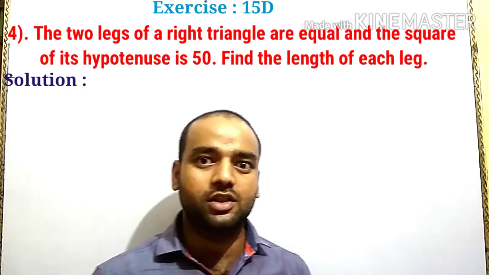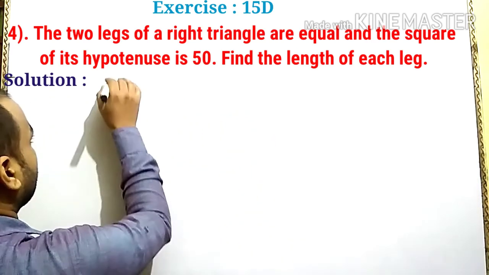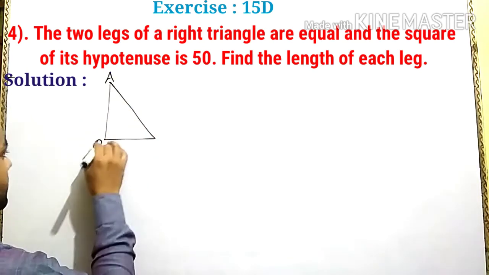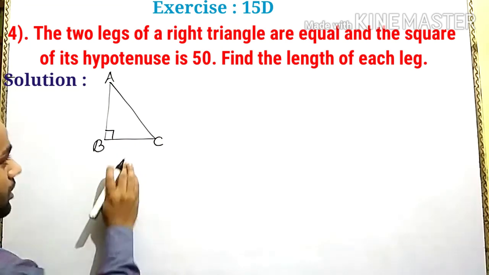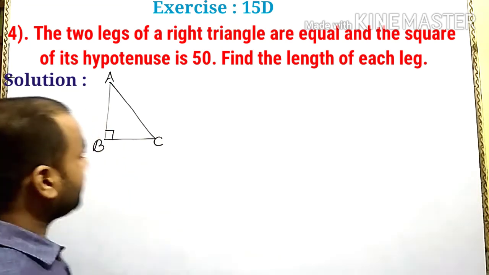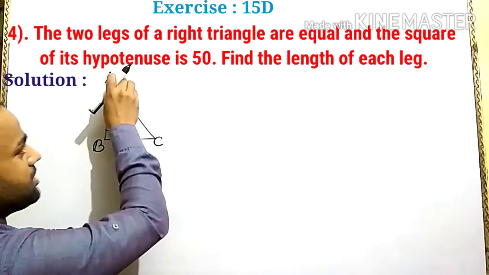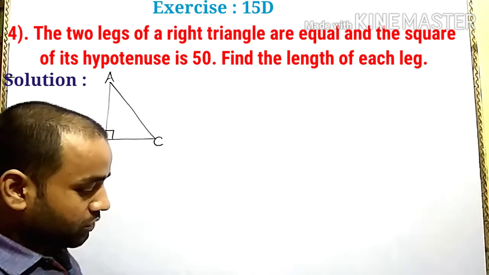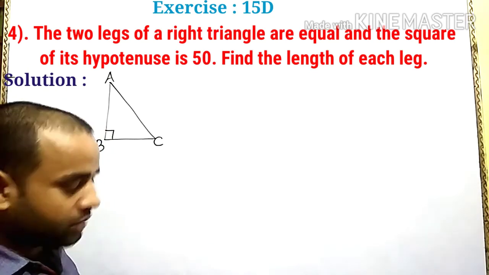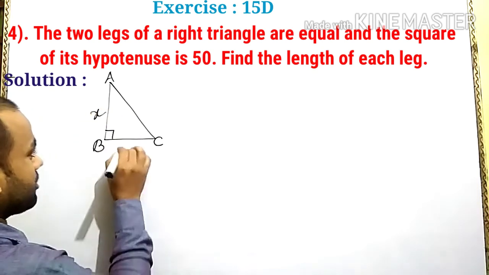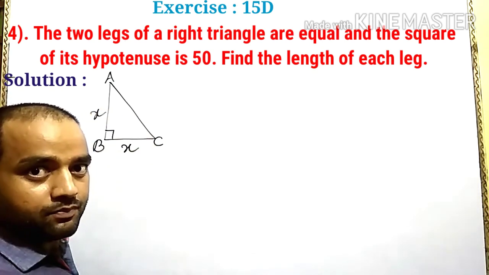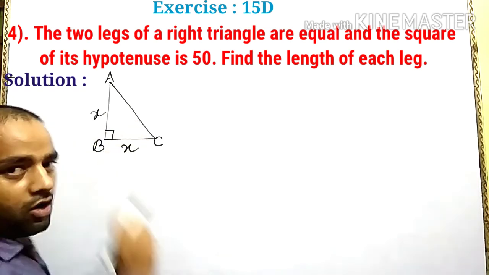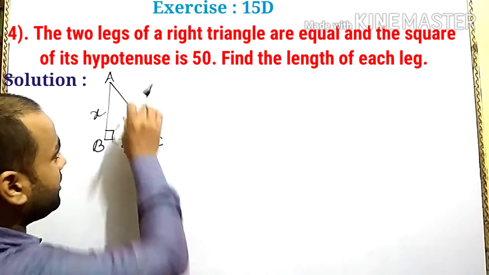First of all, we draw a right triangle, name A, B, C. Legs of a right triangle we call the sides other than the hypotenuse, means hypotenuse को छोड़ के जो दोनों साइड है उसको बोलते हैं legs of right triangle. The two legs of a right triangle are equal, means AB is equal to x, also BC is equal to x. और हाइपोटेनस पहचानने का रूल जानते ही हैं, 90 के सामने वाला साइड ऑलवेज कॉल्ड हाइपोटेनस और दिस साइड इज लॉन्गेस्ट.